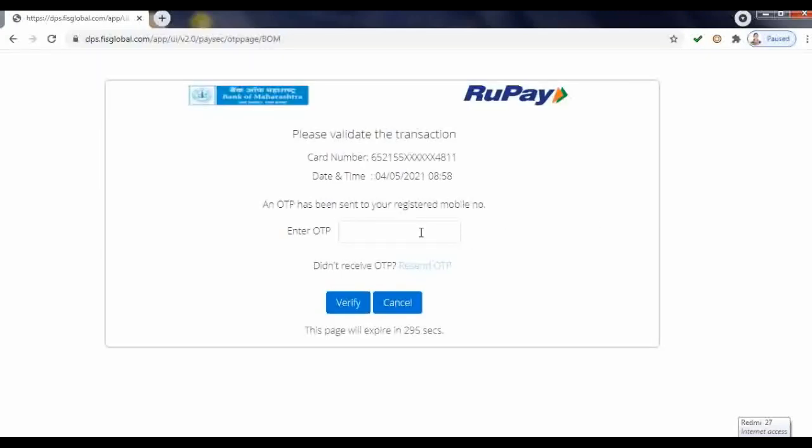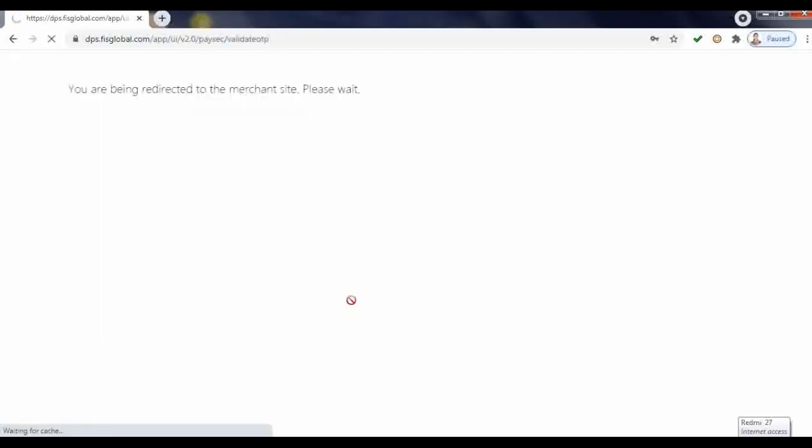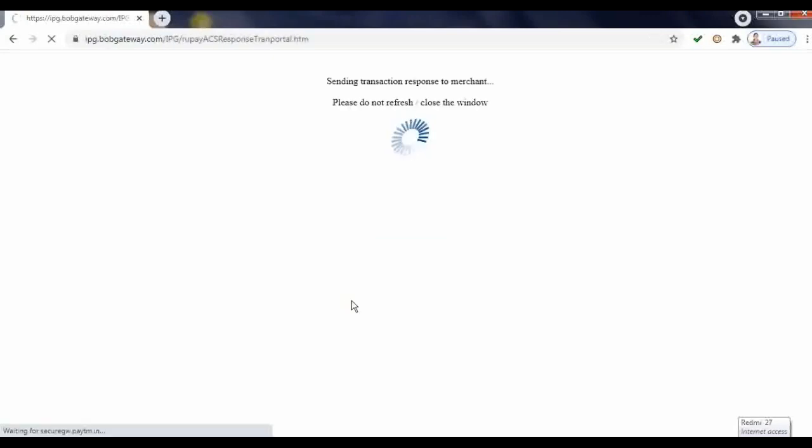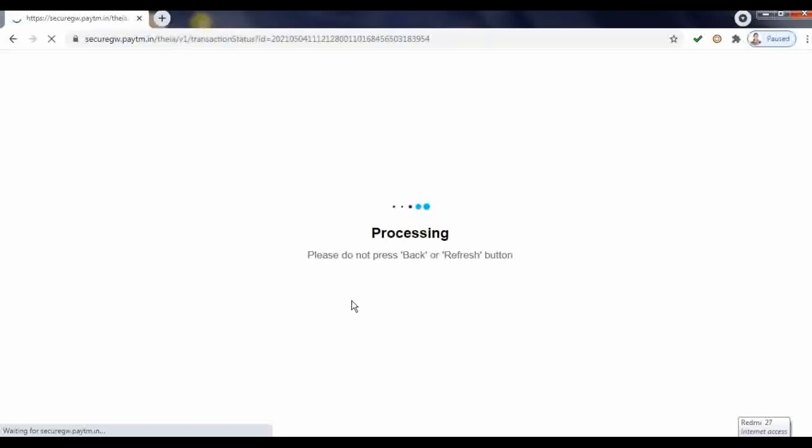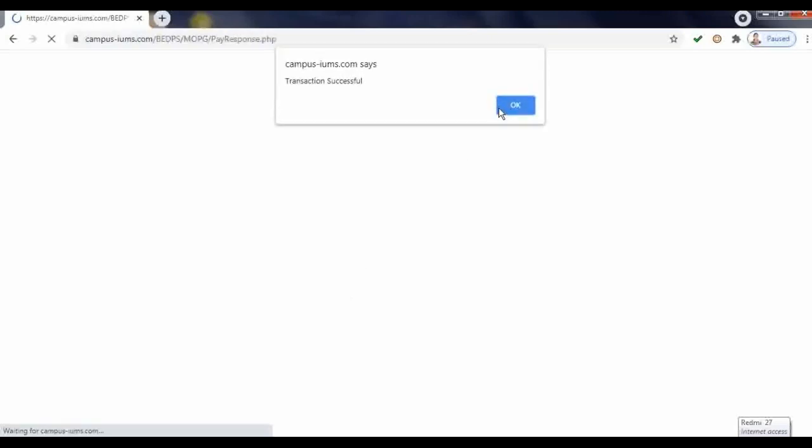You will receive the OTP at your registered mobile number. So enter your OTP over here and verify it. This message box is seen over here, that is, transaction is successful.